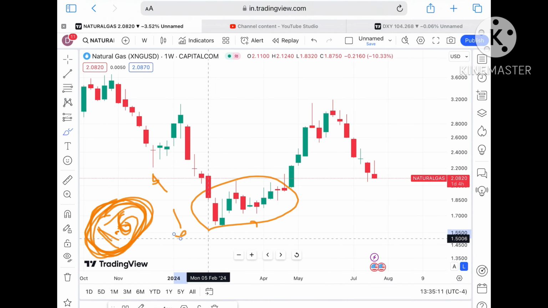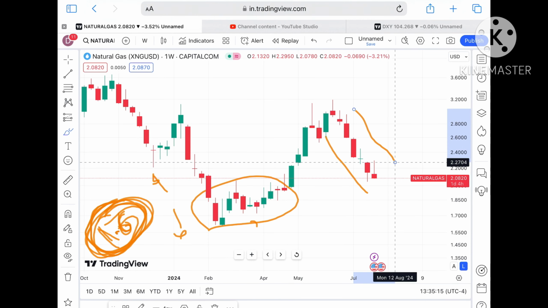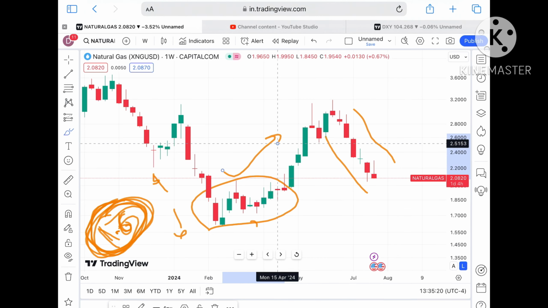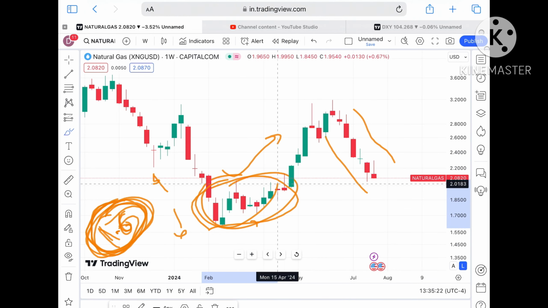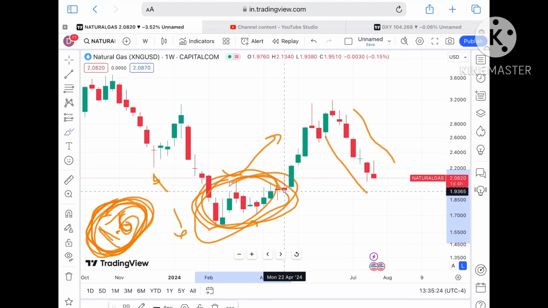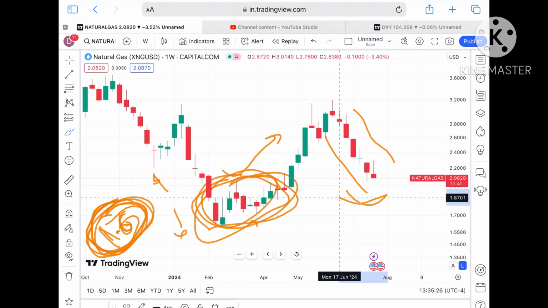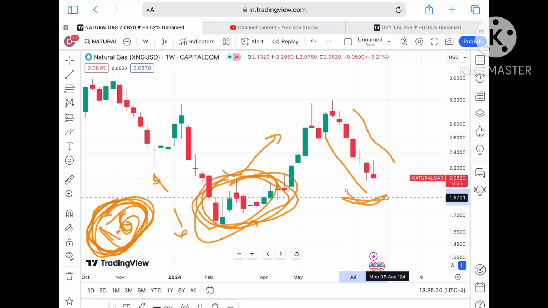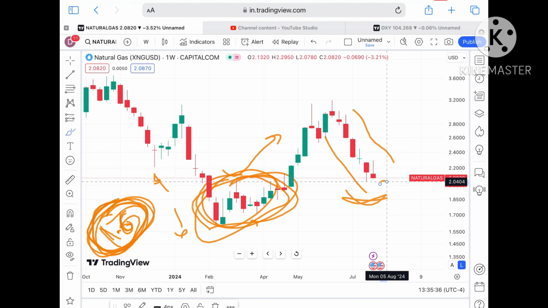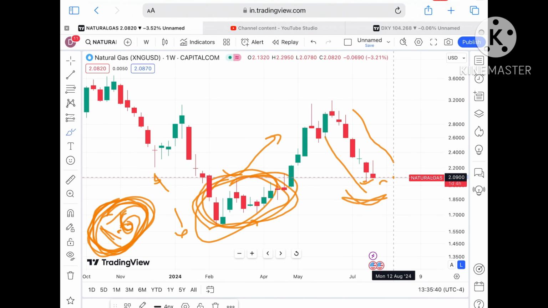But as I've already explained to you, market is uncertain. See, a trend is down, so probability of going further down we can see. There can be a bounce back at this level, but if a bounce back didn't come, we can see it will move in this zone. But suppose if it form a swing, see, you have to understand market is uncertain. I'm telling you that the price overall trend is downside, but if it sustain this level, what we can see, because we have seen it, there is already a bounce back has come.